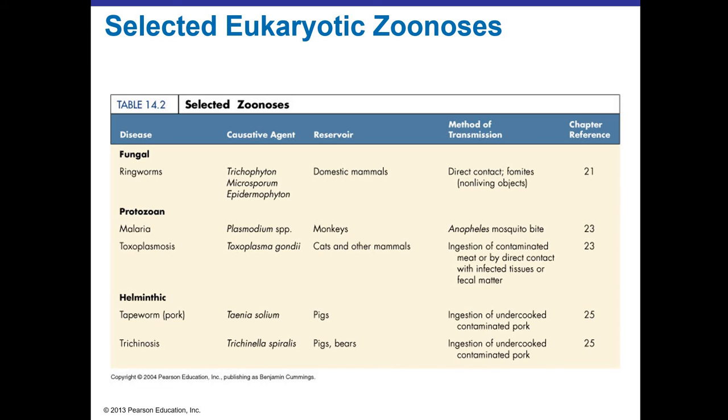There are also selected eukaryotic zoonotic diseases. Malaria is the classic example. Even though we talked about the life cycle of us being the intermediate host for the parasite, the Plasmodium, we are not the only intermediate host. So the main reservoir is actually monkeys that are also being fed on by the Anopheles mosquito. Things like our tapeworms, pigs for the Taenia solium tapeworm from pork. So these are classic examples of eukaryotic pathogens that are from zoonotic sources.